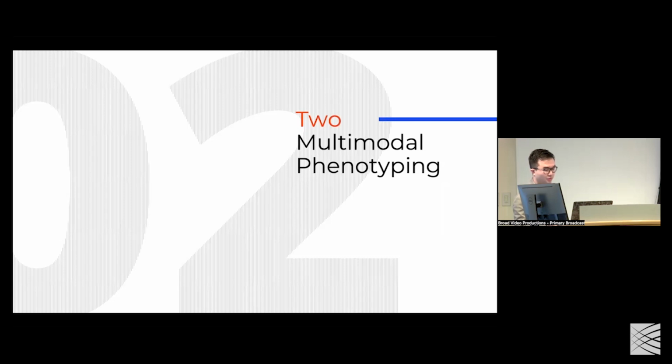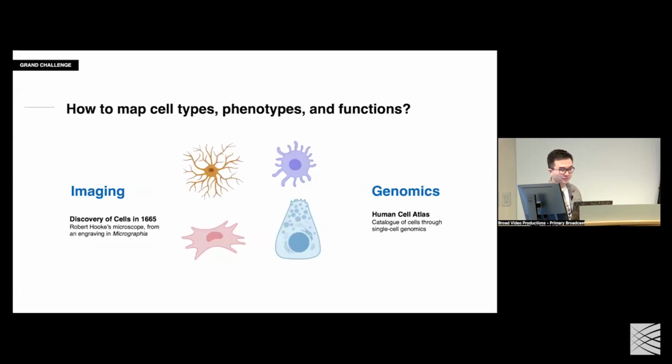Then we move to the second part, which is something we're working on now, and it's very early stage. I would like to seek more feedback on how we rethink phenotype. The grand challenge, or more philosophical question here, is how we actually define what a cell type is, what a phenotype is, what the function of a cell is. Originally cells were discovered by microscopy. You look under the microscope and see that this cell looks like this, they have different morphologies, and this is a neuron, that is a fibroblast. So it was defined by morphology through microscopy.